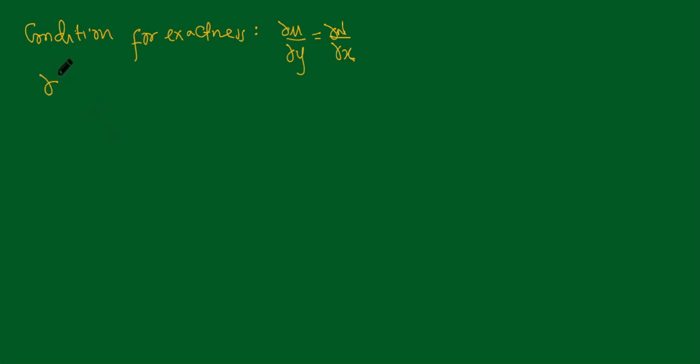We can't compare these if we haven't evaluated them. So the partial derivative of M with respect to y, if our M is equal to cos x + y,